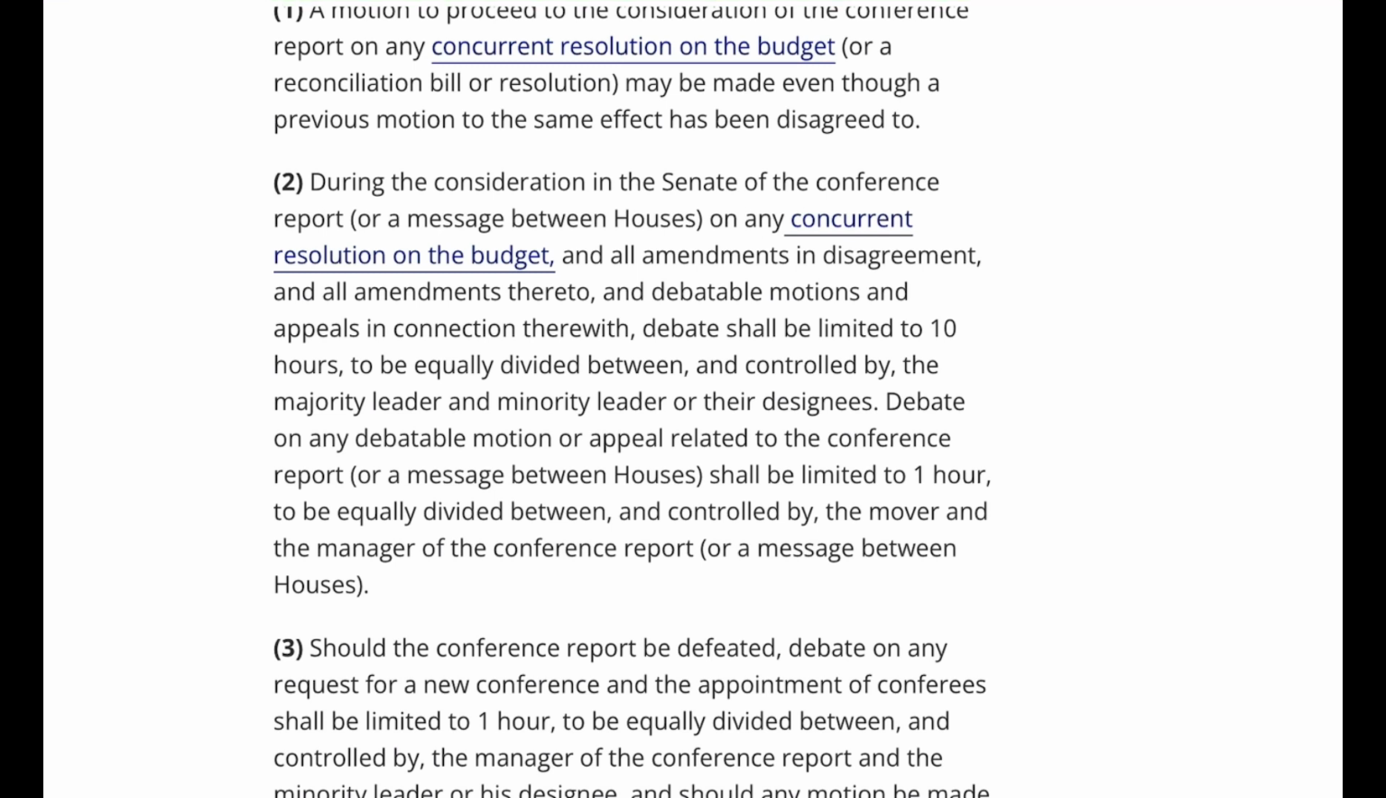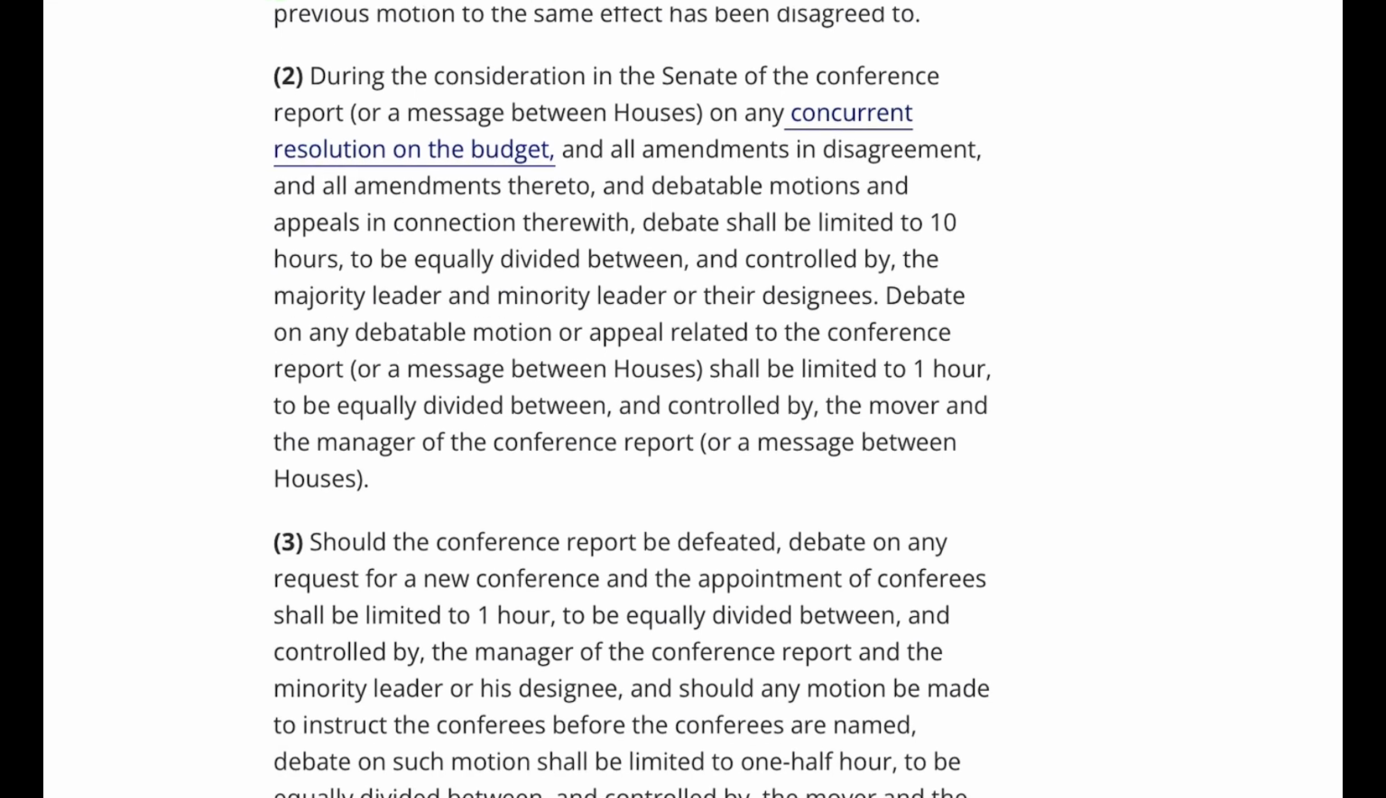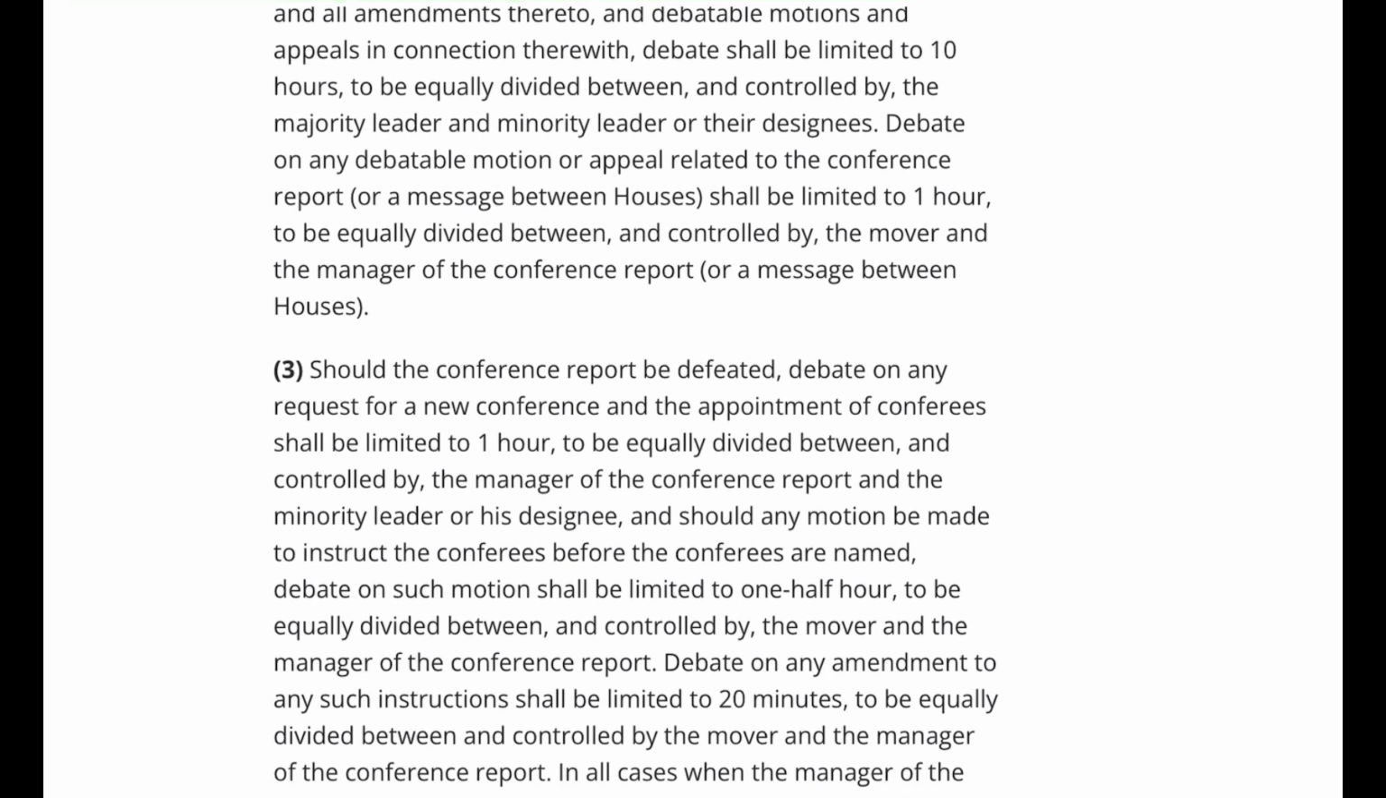Debate on any debatable motion or appeal related to the conference report or message between houses shall be limited to 1 hour, to be equally divided between, and controlled by, the mover and the manager of the conference report or message between houses. 3. Should the conference report be defeated, debate on any request for a new conference and the appointment of conferees shall be limited to 1 hour, to be equally divided between, and controlled by, the manager of